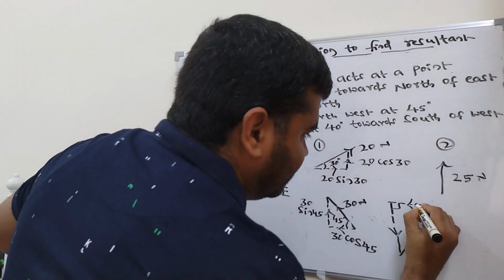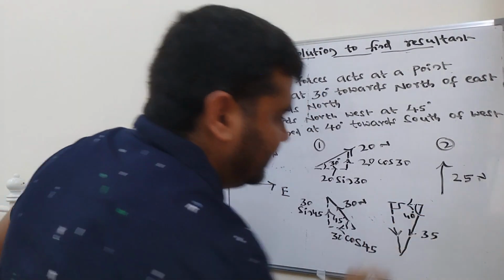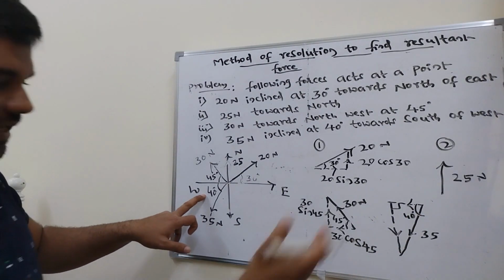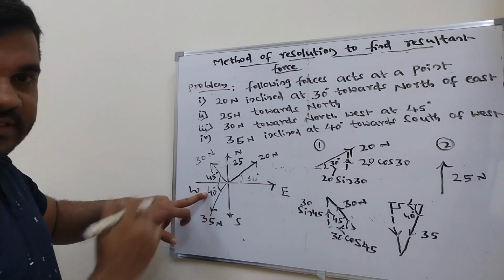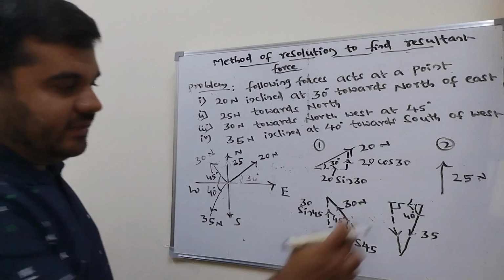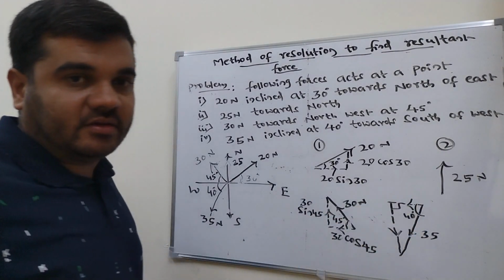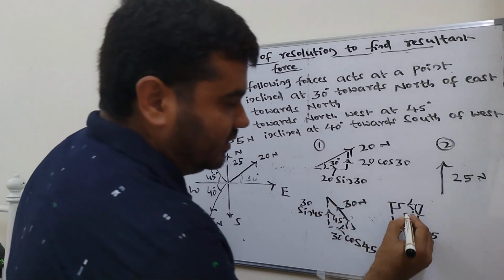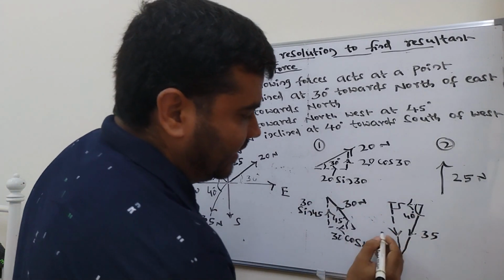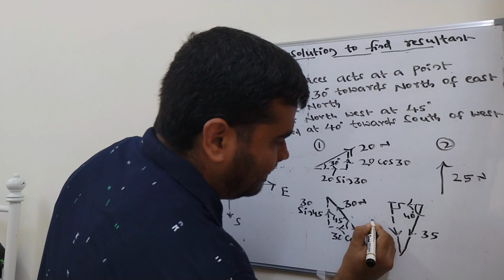This is 40 degrees. Are you getting my point? Same, just draw the same by looking at the space diagram here. Now split this 35 into one horizontal component and one vertical component. The horizontal, this is 40 here, this is sine, it will come here. That is 35